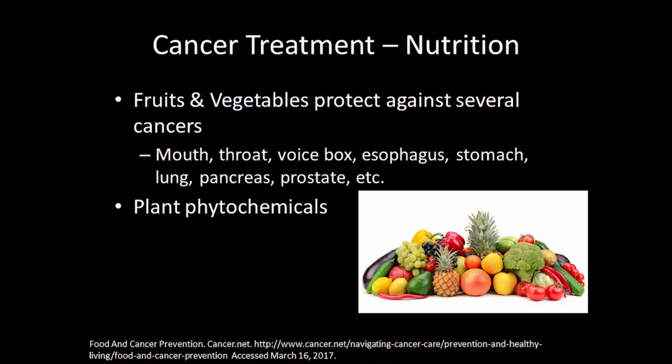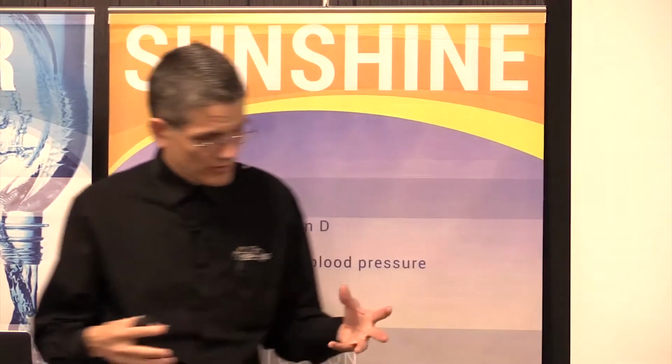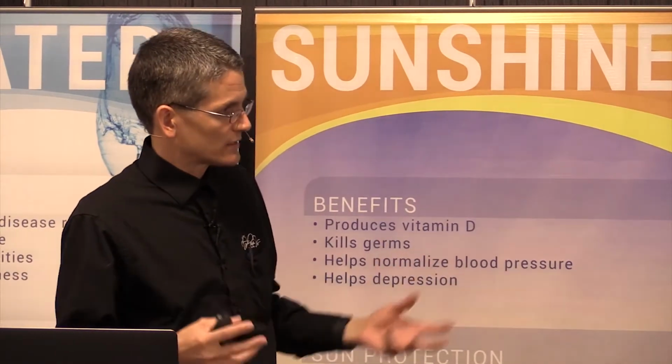We also know that certain plant phytochemicals, or the plant-based chemicals, the nice ones that are in there, help to regulate hormones, which might be involved in helping to promote the cancer growth. It slows down the cancer growth as well and reduces inflammation and reduces oxidative damage from oxygen and its interaction and damage on various different cells, right? And oxidative damage is the very thing that you try to avoid by having antioxidants. Right? And fruits and vegetables are very high in antioxidants, right? So they help out from that standpoint.